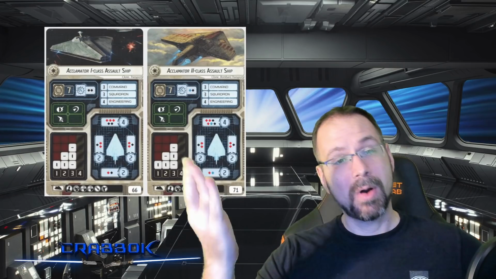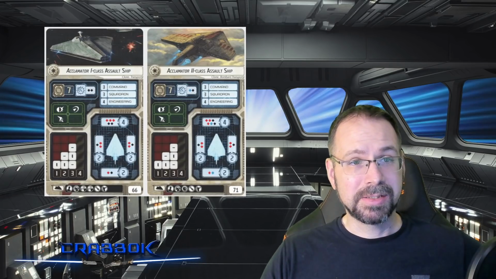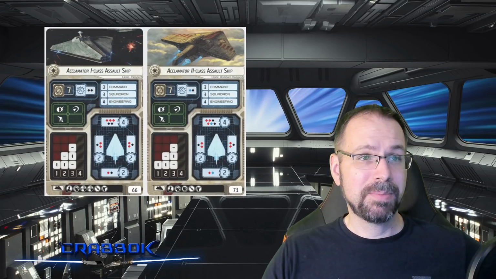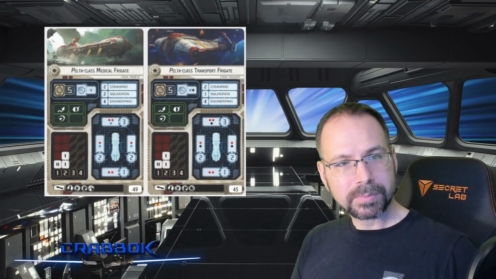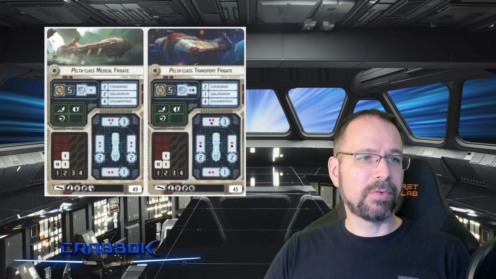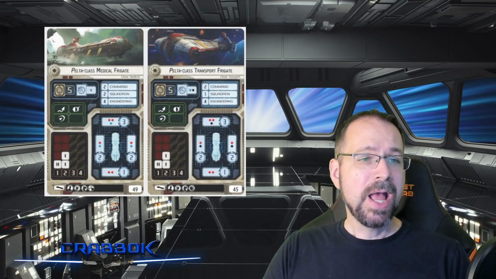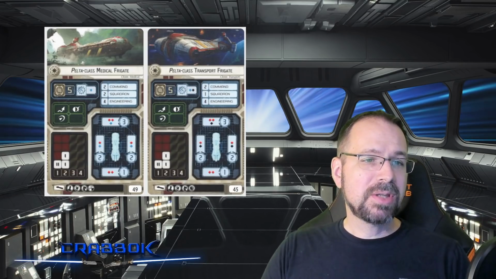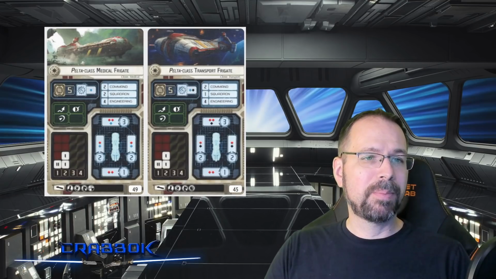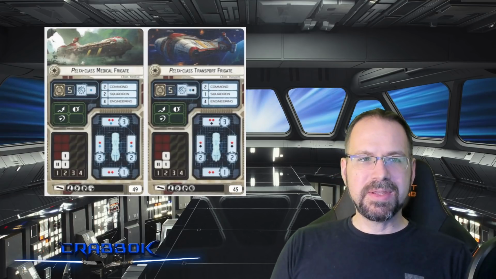Now, moving on to our next wave, and what we call Wave 10 for Star Wars Armada, is the next 2 types of ships for the Republic. Starting off with the Pelta. Now, the Pelta comes in two varieties, the Pelta class medical frigate and the Pelta class transport frigate at 49 and 45 points respectively. Now, these two ships have some different purposes, but generally they're sort of in a middle